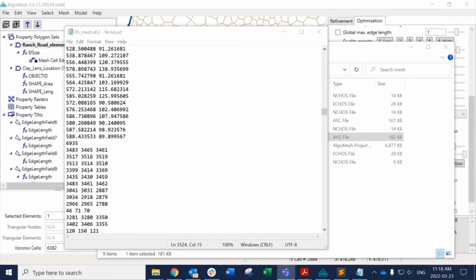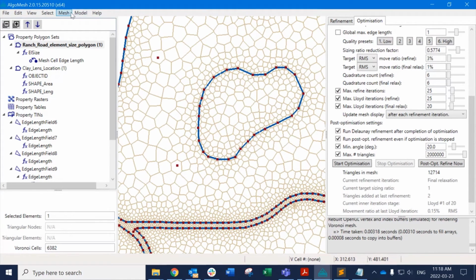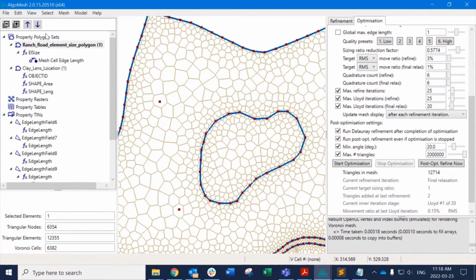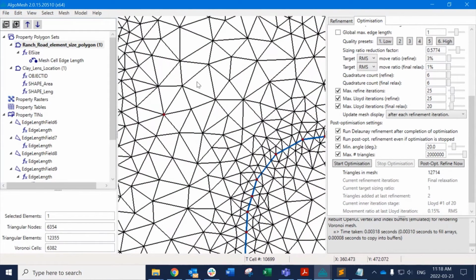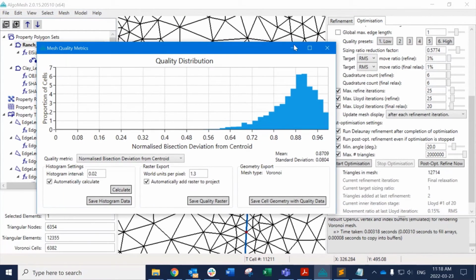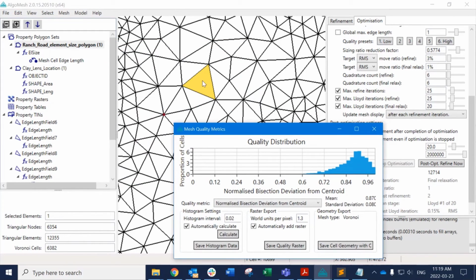And that basically depends, I think, on the actual grid quality metric. Obviously, every triangular element in the mesh has certain properties. If we select this mesh triangle, it has 3 angles and 3 edge lengths and everything. The mesh quality metrics are calculated in a couple of different ways, but the normalized bisection deviation from centroid, what this is basically measuring is it takes the centroid of the